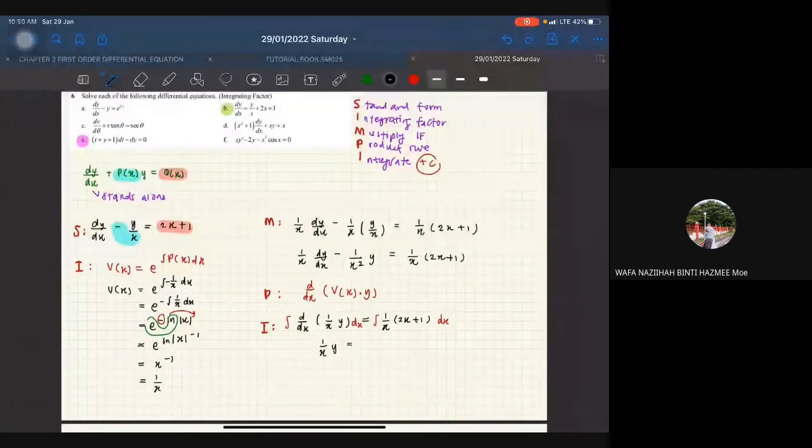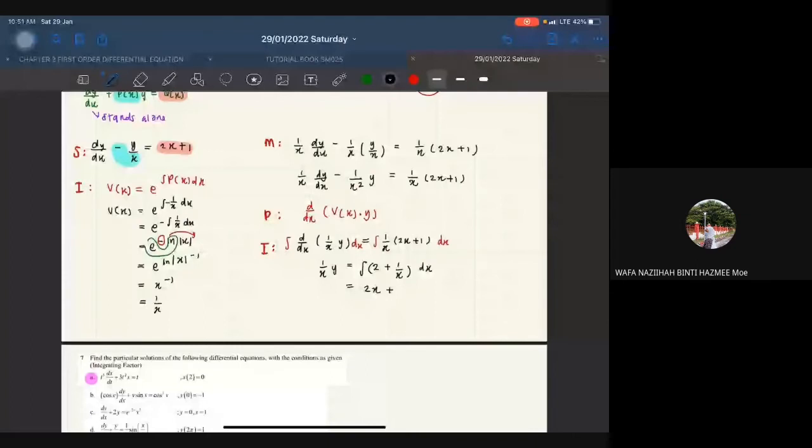this one kita boleh simplifykan dulu. Okay, so saya pecahkan yang ini over this one and then this one over this one juga. So saya dapat 2 and so akan dapat 2x plus ln x. Jangan lupa